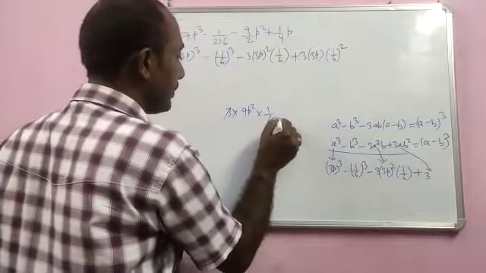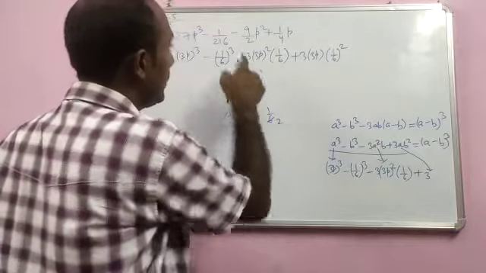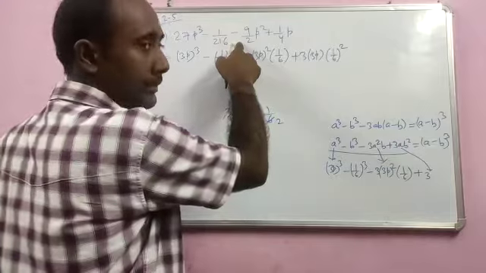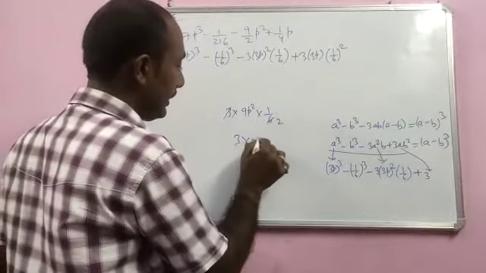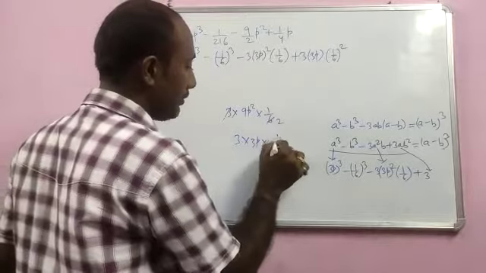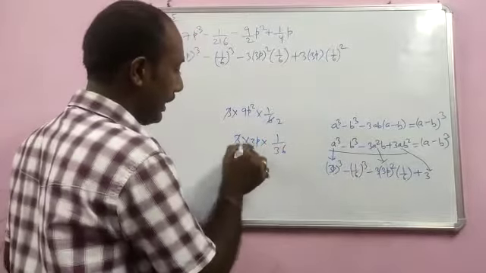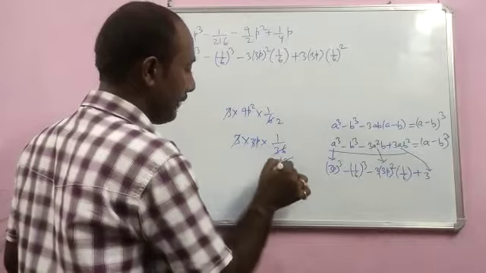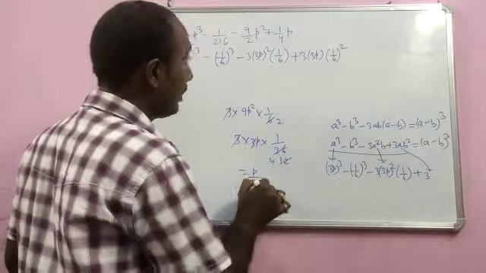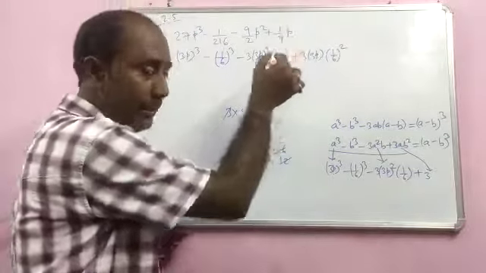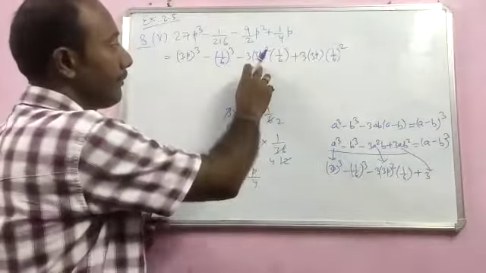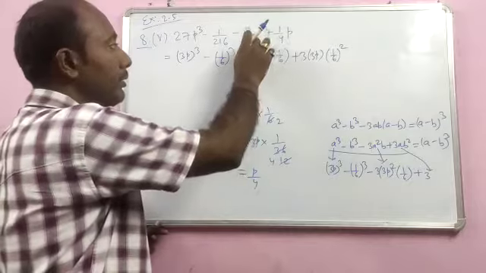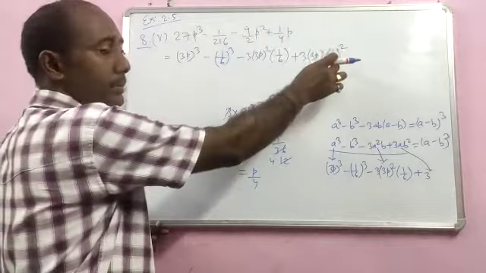So once you cancel, you will get 9 by 2p square, which is here. So this part is okay. And for this case, it is 3 into 3p into 1 by 6 whole square, which is 1 by 36. When you cancel 3 and 12, you get 4. So you will get p by 4, which is here 1 by 4p or p by 4. So these two values will be equal to 9 by 2p square and 1 by 4p.